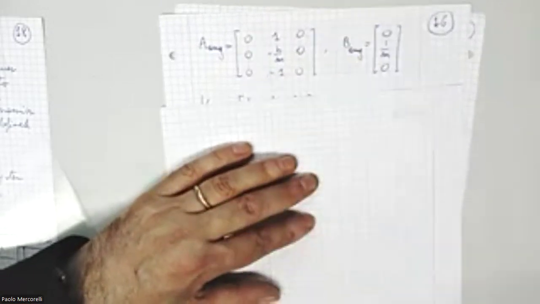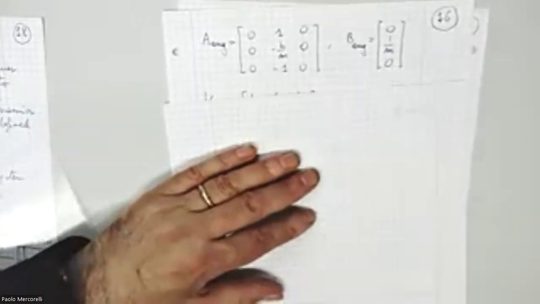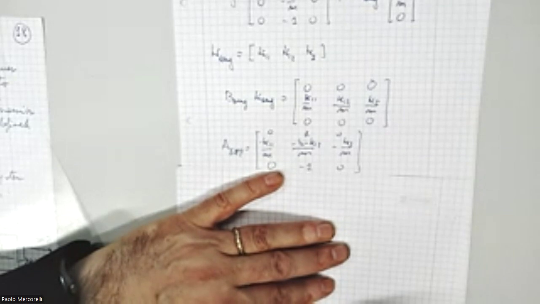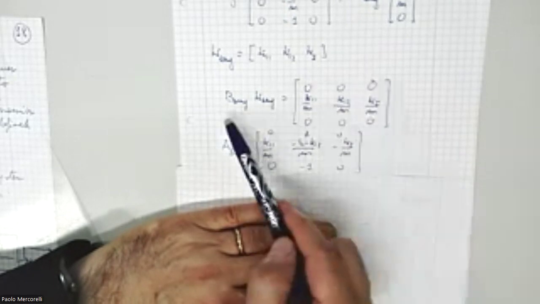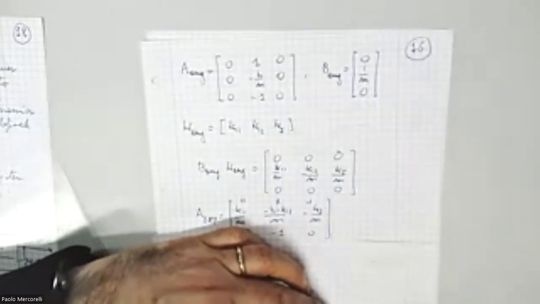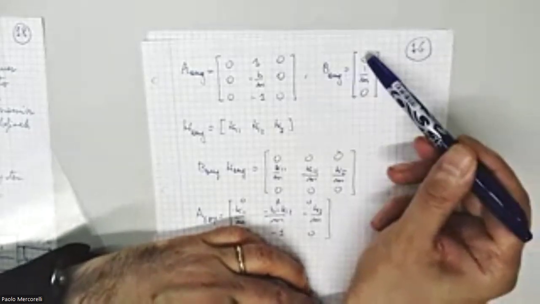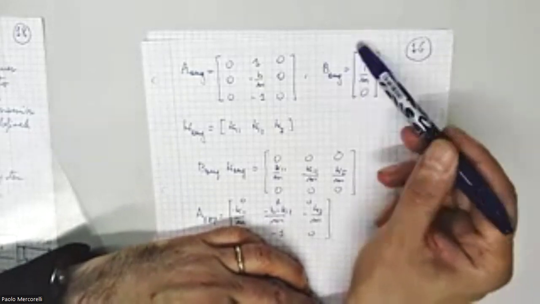How B augmented looks like. But there is a rule, here in the big explanation, the calculation if you want, which we can show that B augmented is exactly so. But there is a rule which says the first two components of the B augmented are exactly the same of the